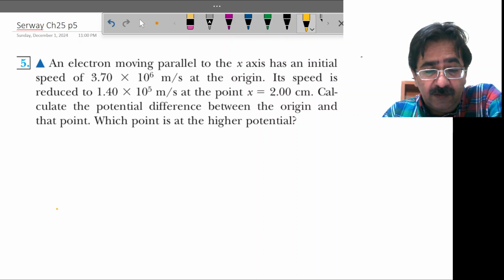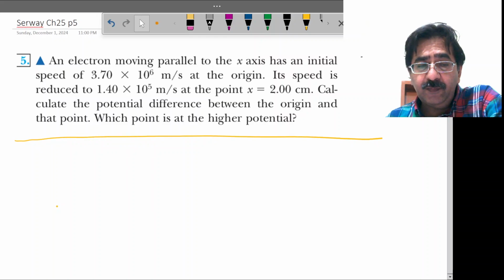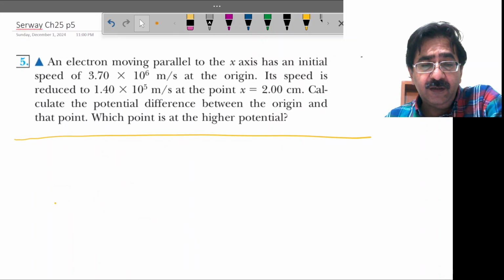Now I will discuss problem number 5, the electron moving parallel, from the survey book, chapter 25, problem number 5. Okay, so the problem is that an electron